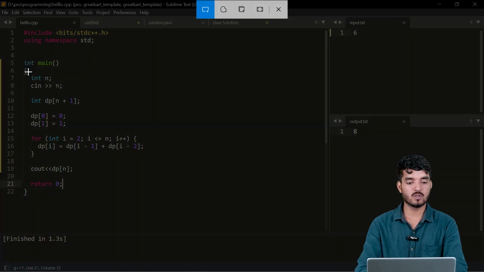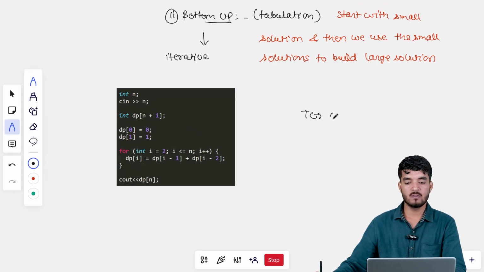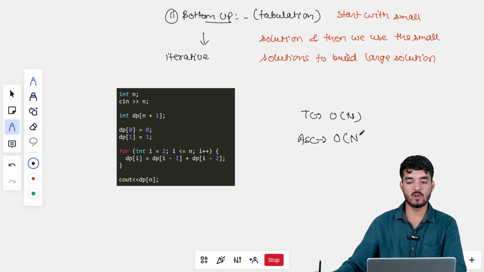And what is the time complexity of this solution? So here the time complexity is linear, O of n. We are using iteration, a loop from 2 to n, so it's almost equal to n. And the extra space that we are using is O of n because